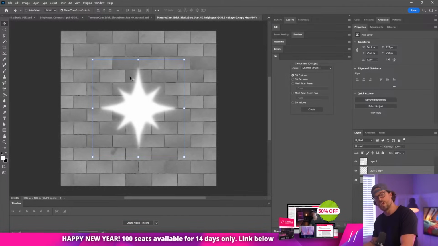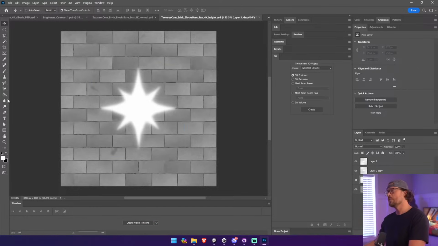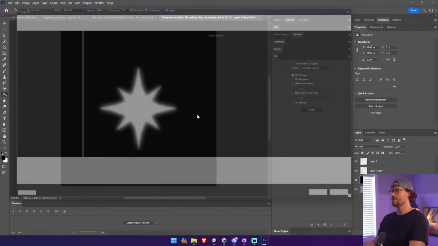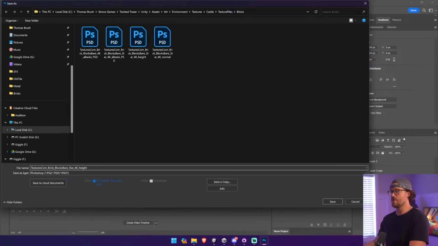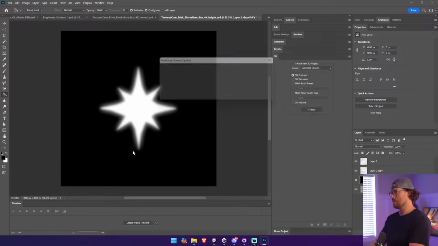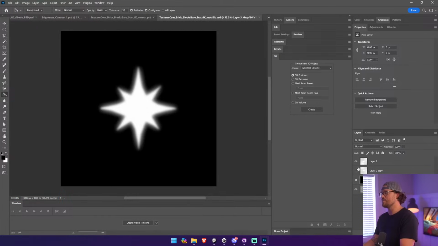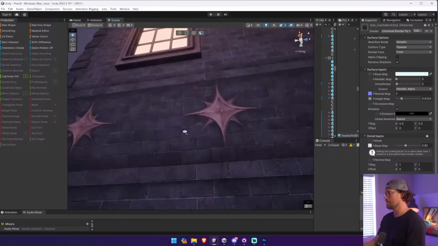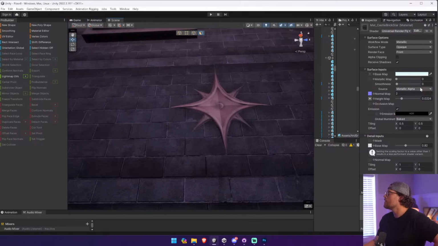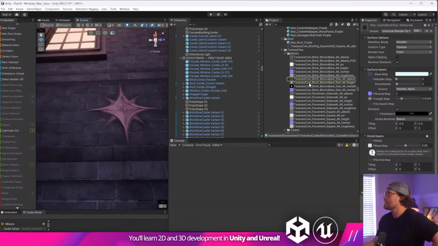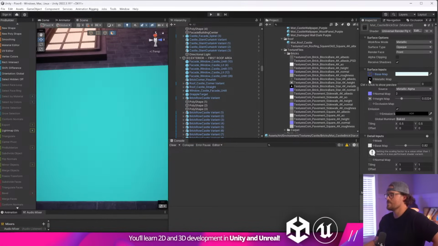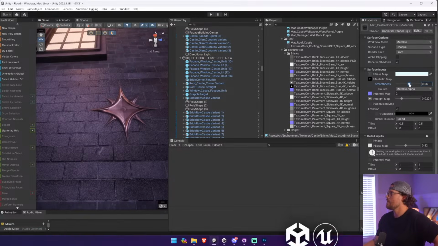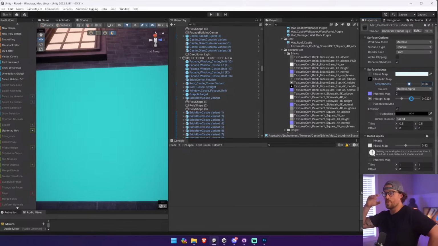Metallic map. You guys want to do the metallic map? The metallic map, we could do potentially this. So I'm just going to call this star metallic. We don't really want it blurred, but let's take a look and see if this works here. So the metallic map is not assigned, so we're just going to assign it here. There we go. We're going to make sure there's no smoothness. So in the smoothness,